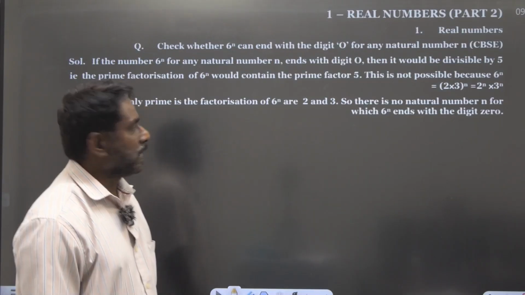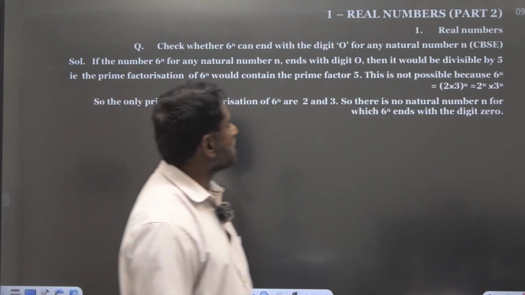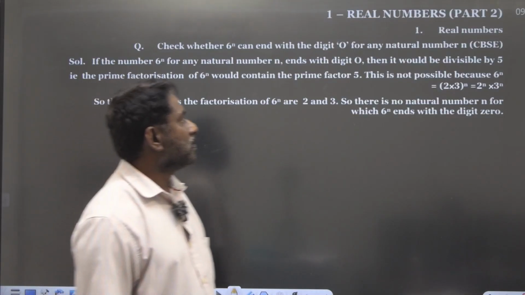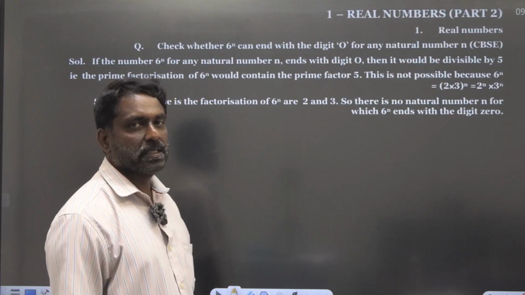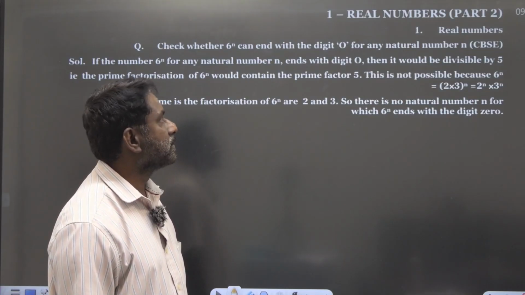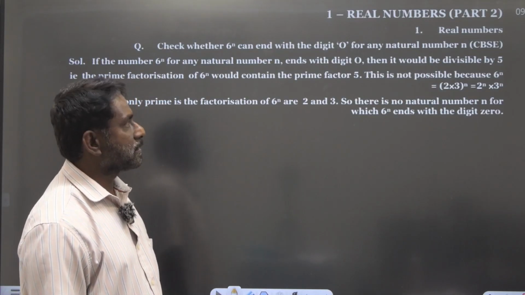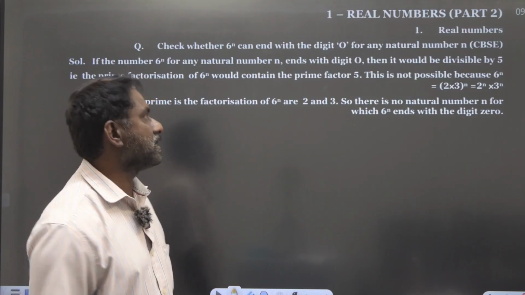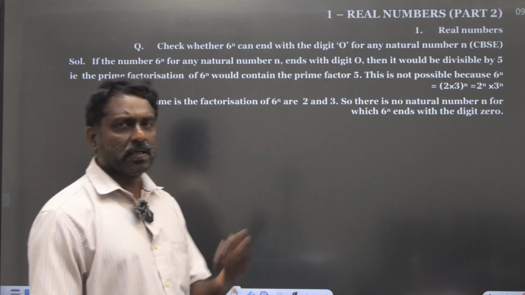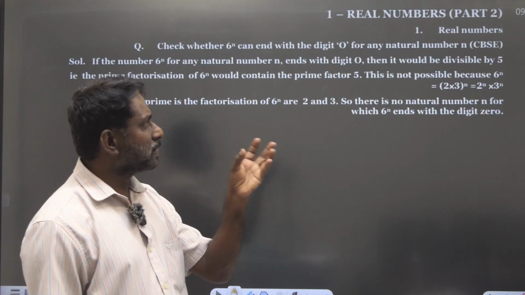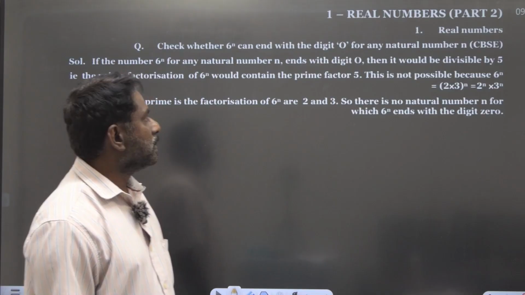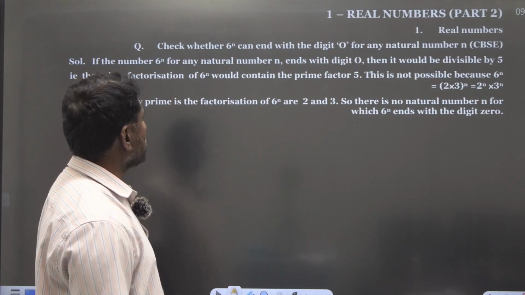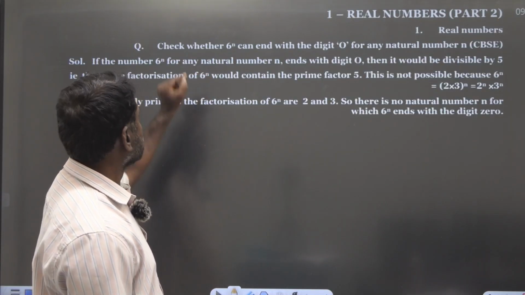Okay, right? Today we are going to discuss some problems from the NCERT book. Almost all questions are previous year board exam questions. Yesterday, that means the last class, we discussed the theory part of this chapter, and already we have done some simple questions also. Okay, our first question, check whether it is a previous year question. Check whether